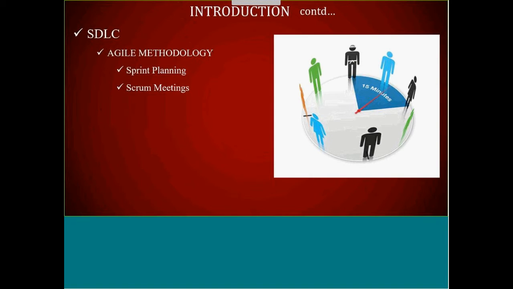Now assume the third case, say you haven't done anything. There may be two reasons, right? The developer has come in and he says, yesterday I went through the documents. Today I was trying to install Sublime Text, we'll take the example of a UI developer, but unfortunately when I tried to install it, it says it is a trial version and it is not allowing me to go further. So you are updating this to the Scrum Master. I'll tell you about the Scrum Master as well. So you are saying, hey Scrum Master, I have done everything, but I'm not able to proceed further. So in this Scrum meeting, you'll also tell about the problems or the blockages which you are facing.